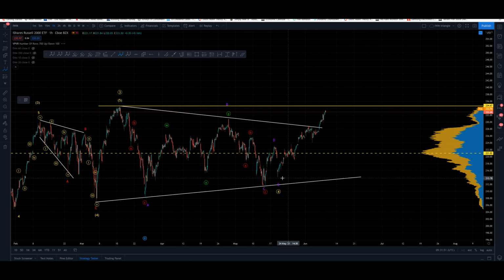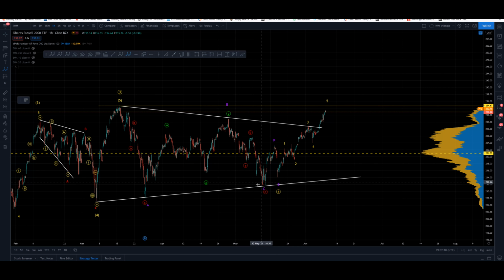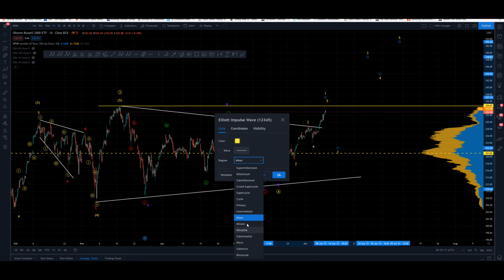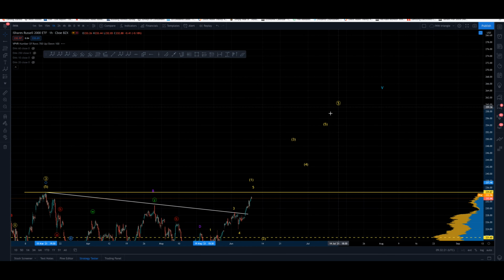Since this is the way we want to interpret this count and keep our triangle, we will just say that we're expecting some kind of completion here, so we'll keep minute waves for the moment. No, I'll tell you what actually we'll do. We'll split the difference and say that this is minor waves, and we'll give the benefit of a doubt and say that we're going into a 1, 2, 3, 4, 5 on intermediate degree, which would complete our primary degree higher up, somewhere up here, for our 5th primary,